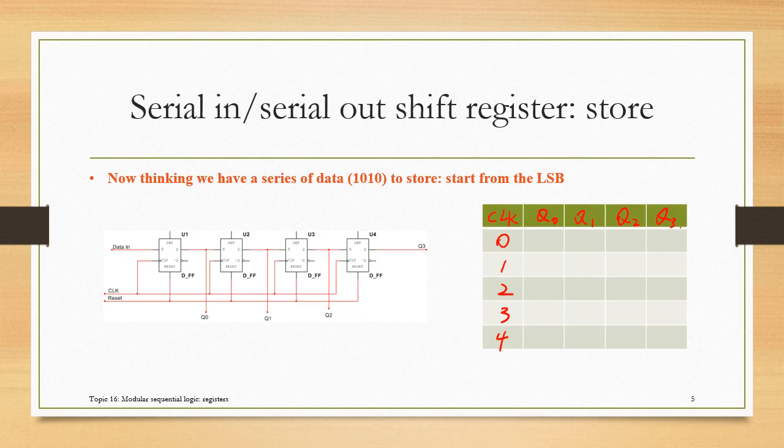Let's try a more comprehensive data set here. Okay, say we want to pass a series of data 1, 0, 1, 0. Okay, let's start from the LSB. See how this data will be passed through this register. So first the LSB 0 will appear in the data line, right? And if we start from time 0, 0 here means no clock rising edge coming. Okay, no edge, then